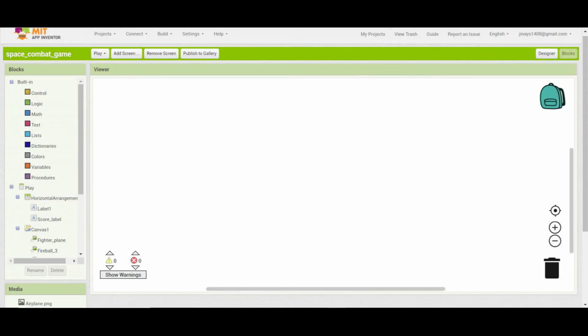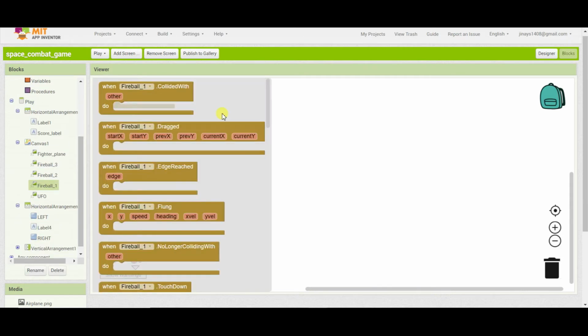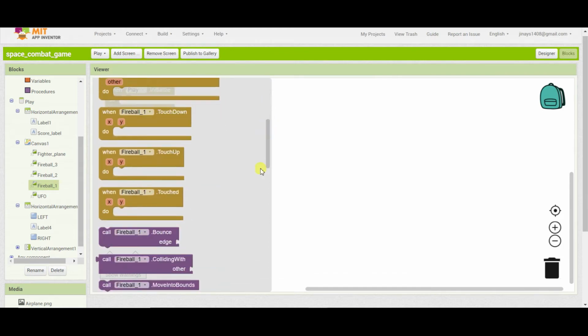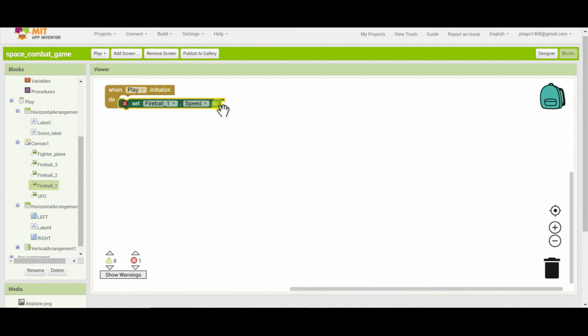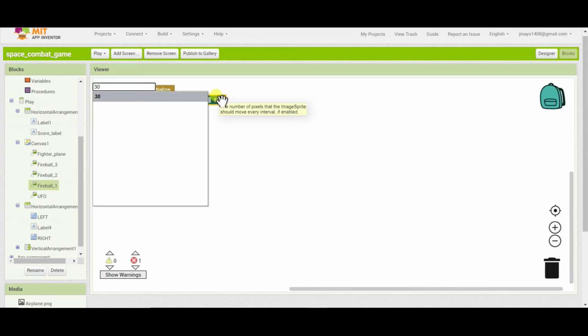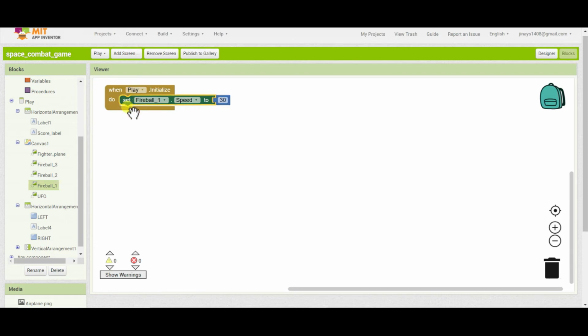So whenever the screen is initialized, so whenever play is initialized, we have to set fireball 1 dot speed to 30. So I'll do the same thing with the fireball 2 and 3.